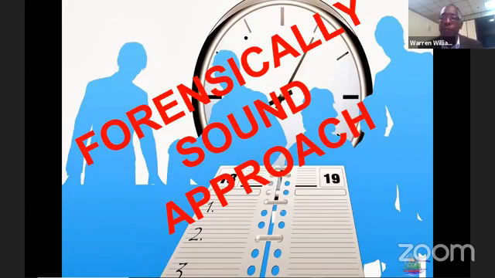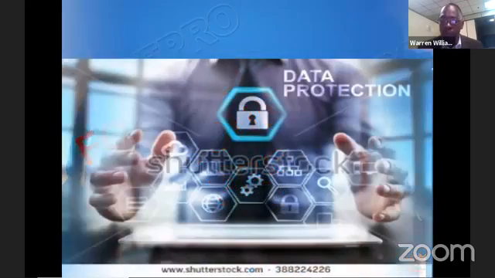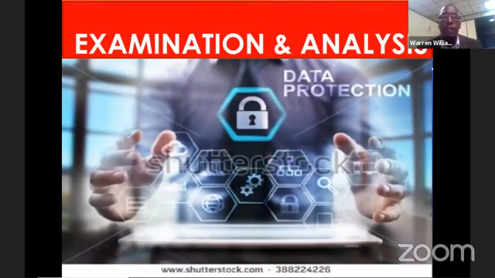So we try to follow the standard, knowing that the internet, which has no borders, means that the perpetrator can originate in another jurisdiction. So if we have to give evidence in other countries, then the way we prepare or gather the evidence must be in a forensically sound approach, must follow the standard operating procedure such that it can stand up in Jamaica. Whatever can stand up in Jamaica can stand up anywhere else across the globe. So we try our best to do what we do along those lines.